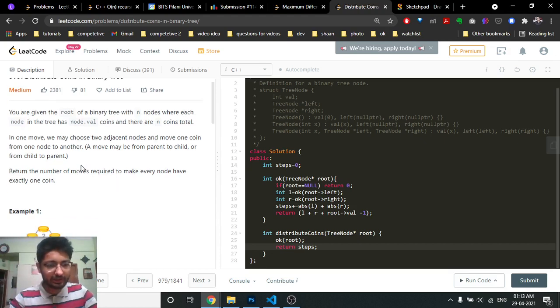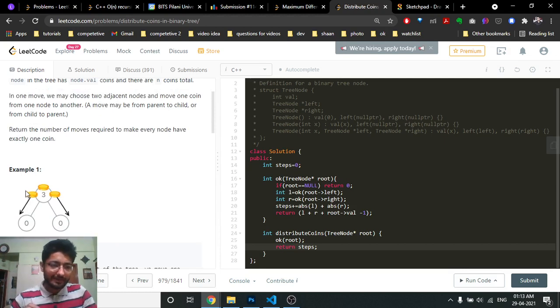So now what you can think in this problem is, every node can ask its left part and right part, what is the number of coins the subtree actually requires. So every node gets the information from its left or right subtree, what is the number of coins you require. If it is positive, it means that I have some excess coins, you can use that. If it is negative, it means that I have a deficit of coins. If this node gives you -1, it means that I require 1 coin, and this subtree will also give you -1, it means that I require 1 coin.